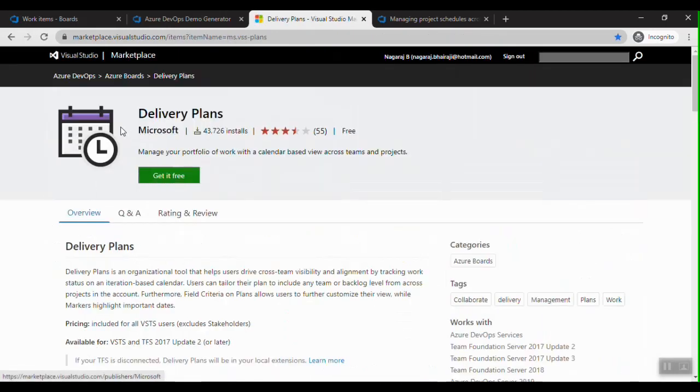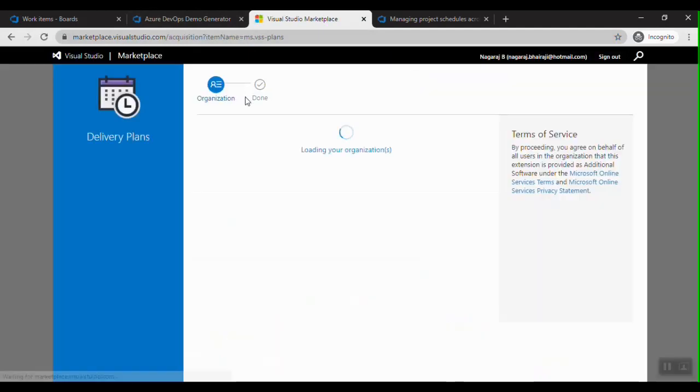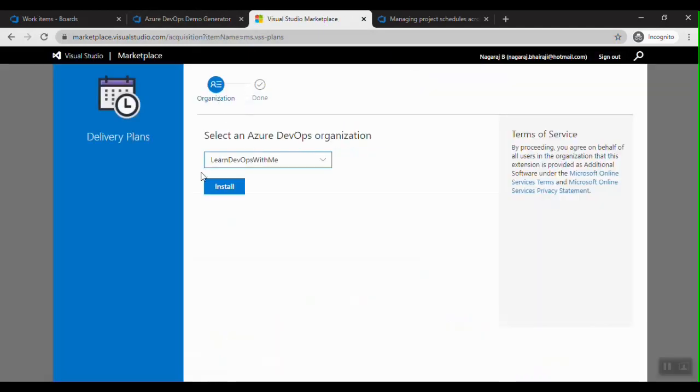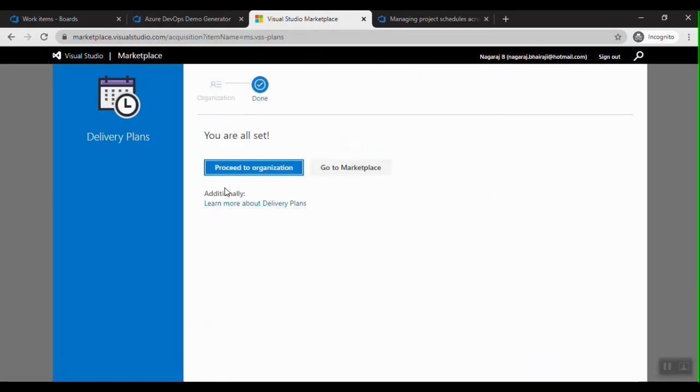And so this extension is provided by Microsoft. Let me click on this, get it free. So I'm basically going to install this extension to my organization. Yeah, so this is the organization. Let me click on install now. Yeah, it's done.